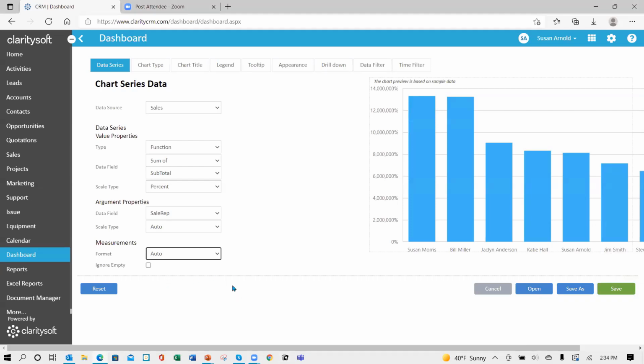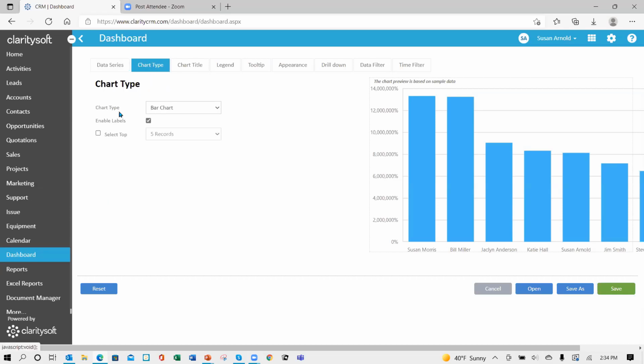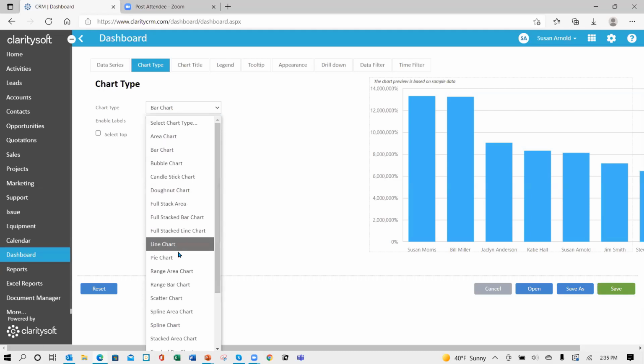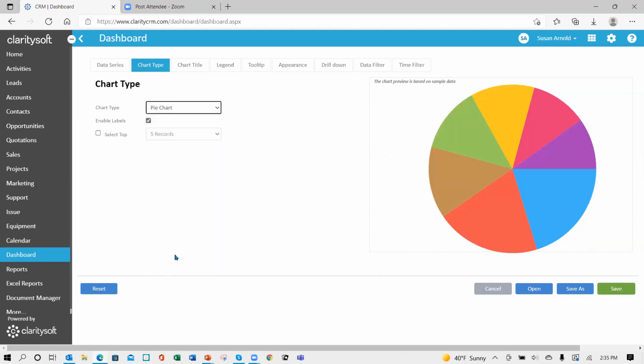And then I'm going to tell it to ignore empty. Then I come up here and I want to choose my chart type. This chart would be better served to be a pie chart. Okay. And then you have enable labels, which means there will be labels on the pie, which